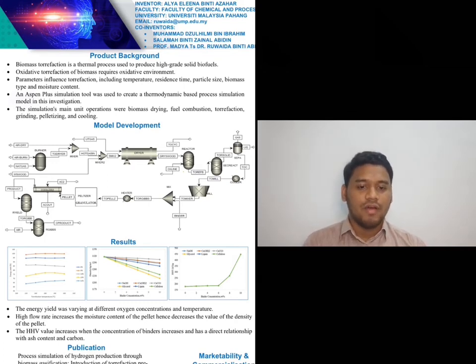Then the dried EFB biomass stream enters the RYield reactor where the unconventional component biomass is converted into conventional components. The component stream R-Tor-EFB enters the R-Gibbs reactor for the torrefaction. This component will go through torrefaction in the R-Gibbs reactor at different temperatures between 200 until 300 degrees Celsius. In this reactor, the oxide stream containing oxygen will be introduced at different concentrations to observe the condition in the oxidative reaction.